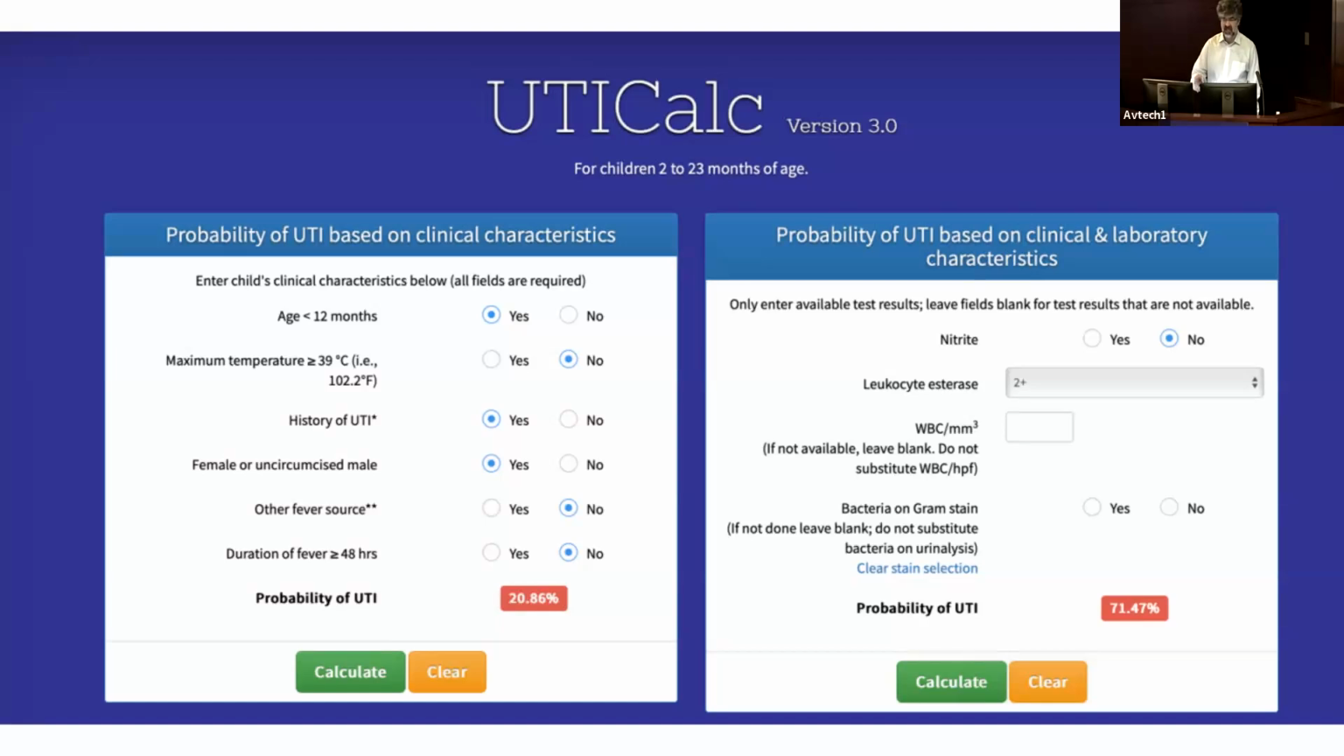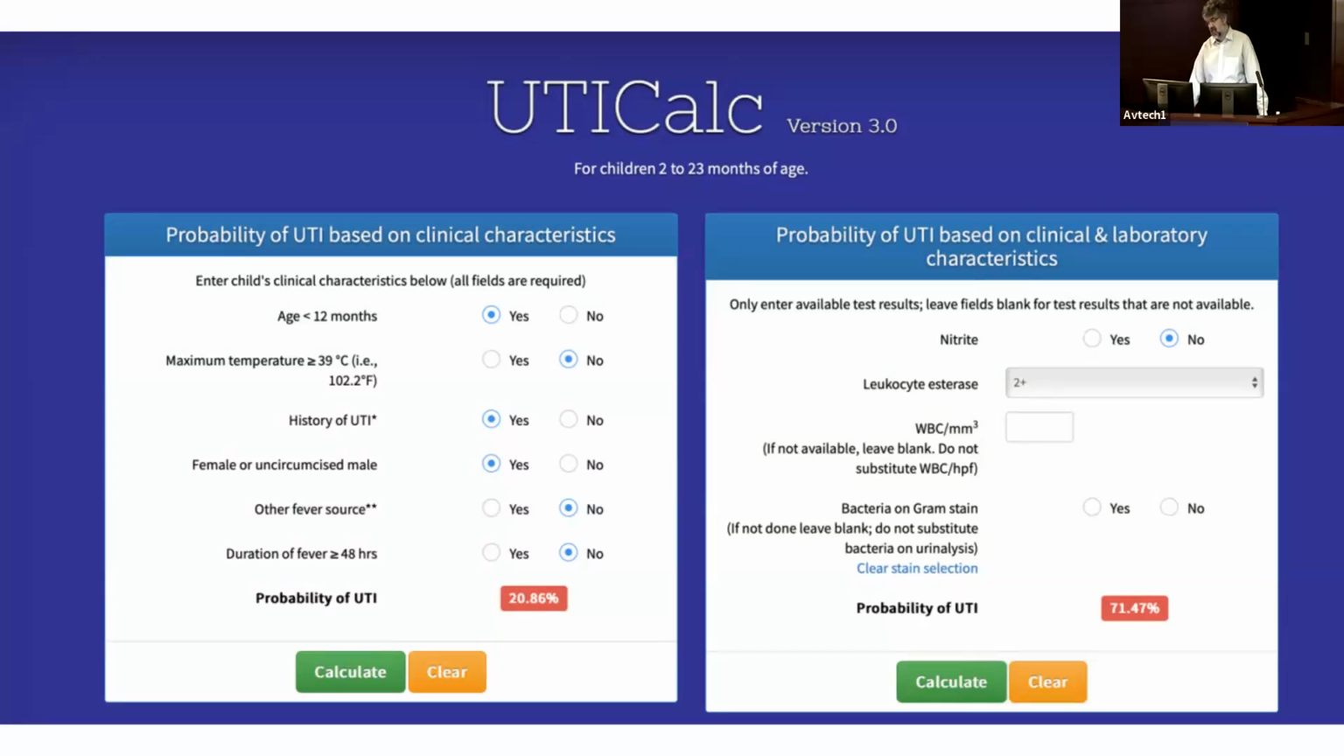You put your child's characteristics in, you click on calculate, and it calculates a number for you. So the calculator is telling you the child has a 21% pretest probability of UTI, which you can then take to the parent and say, your child has a 1 in 5 chance of UTI. I would like to do a catheterization. And the parent will say, well, I don't like it too much, but go ahead